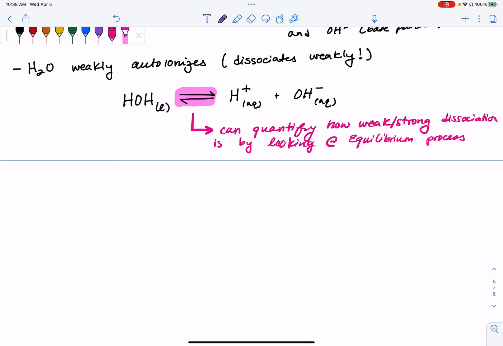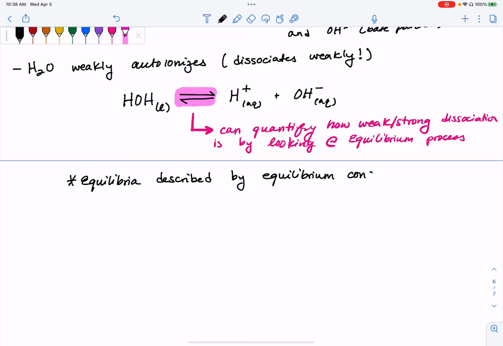So this equilibrium, in general, any equilibrium, so states in equilibrium, are always described by some kind of equilibrium constant,